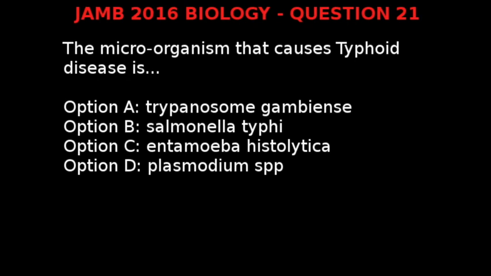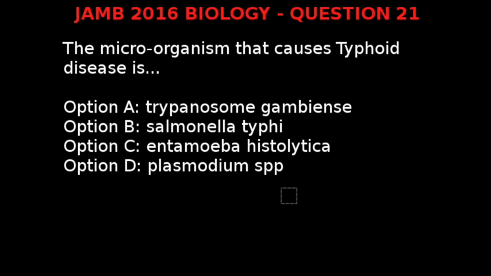JAMB 2016 Biology Question 21. The microorganism that causes typhoid disease is option A, Trypanosome gambiense, option B, Salmonella typhi, option C, Entamoeba histolytica, option D, Plasmodium species. For us to answer this question, we'll have to take a look at the diseases that each